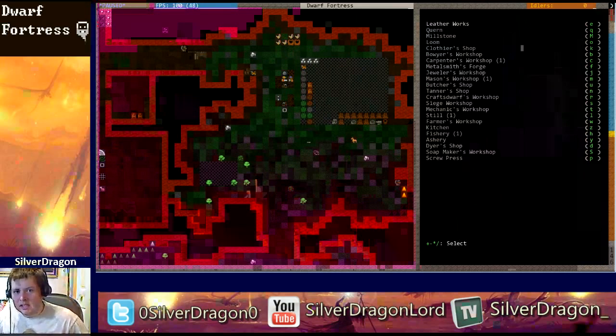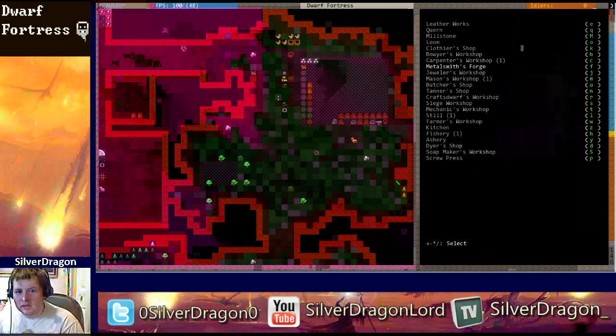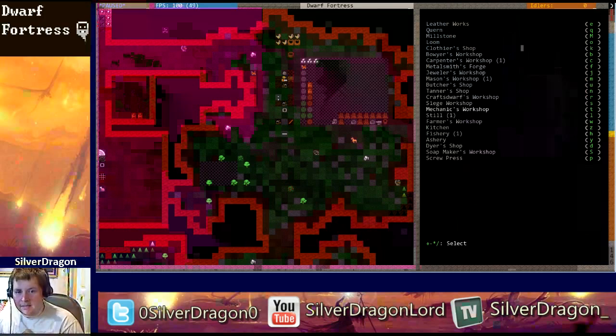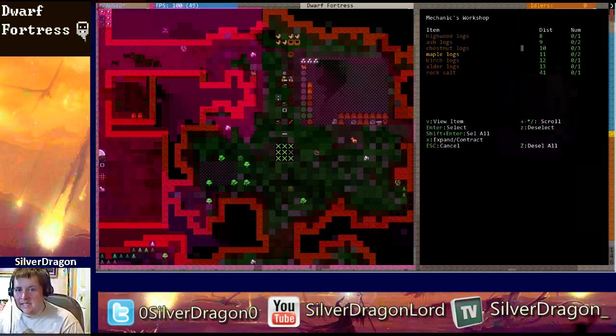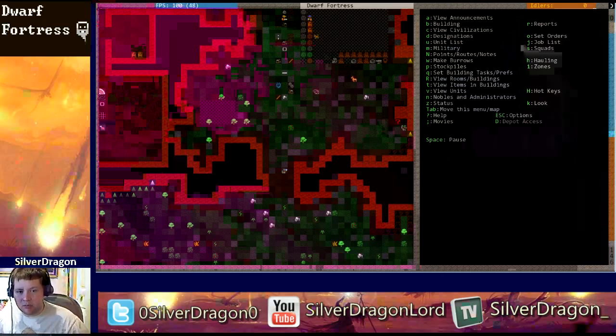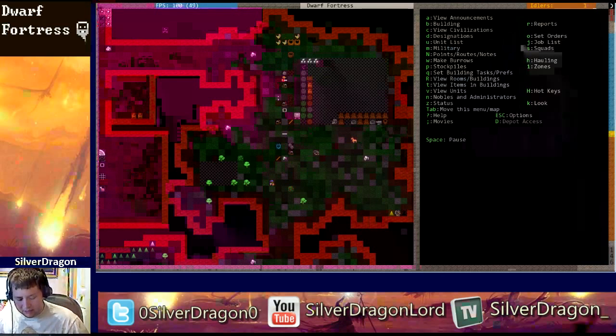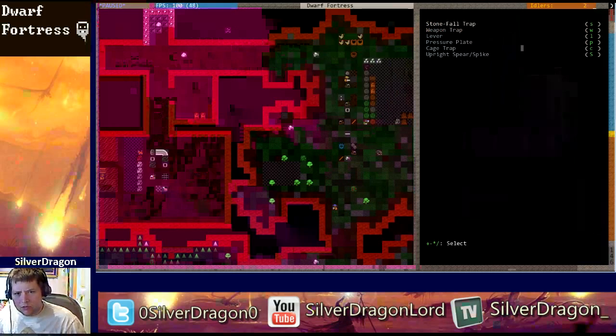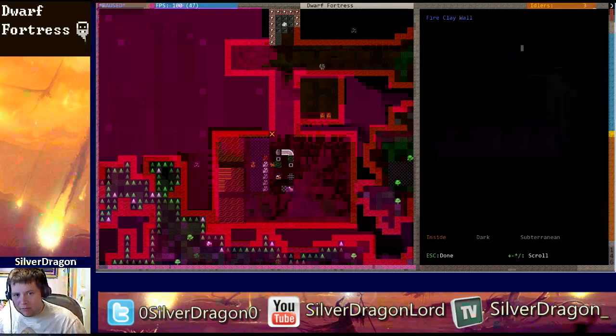So I'm going to go build W for workshops, and I'm going to build the other two important ones to have immediately. We want ourselves a Crafts Dwarfs workshop, which is fairly important. I'm just going to make it out of logs quickly. A Mechanics workshop, which we use to make mechanisms that can link up levers to gates, so we can get this valley shut off in case of an attack. Basically, we would go build, say, trap, capital T, and then lever, which we don't have right now. The lever would pop up, and we would place it right here, say somewhere in our meeting hall, and we'd tell them to